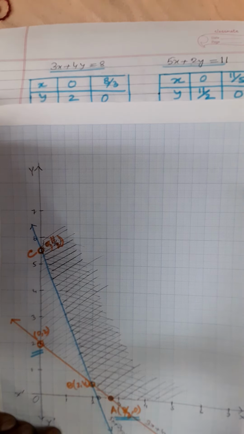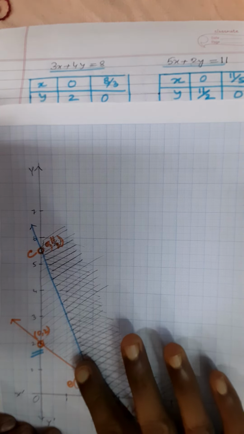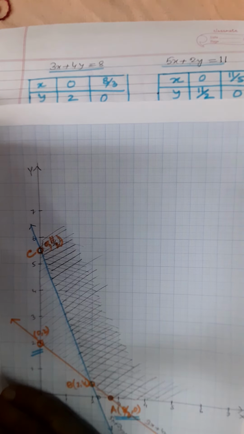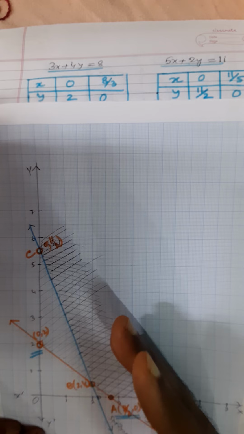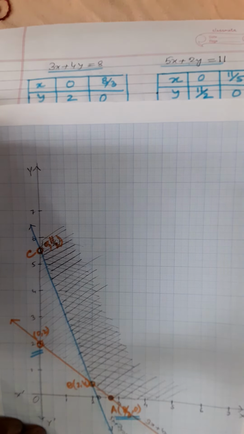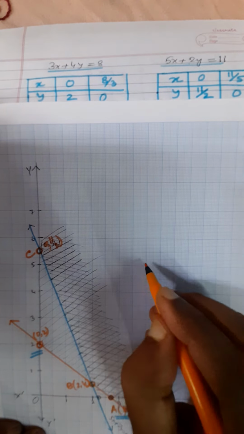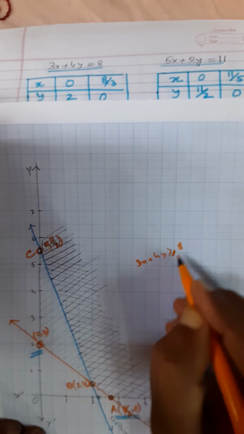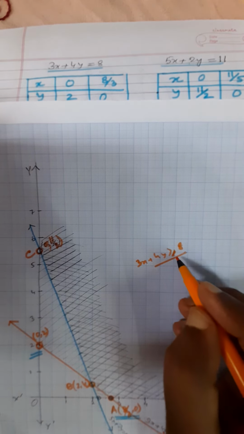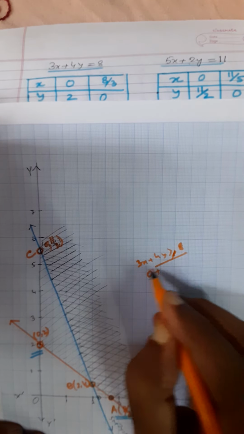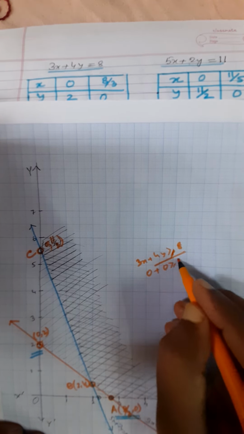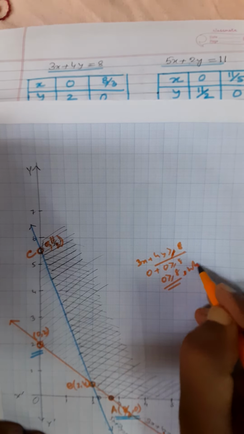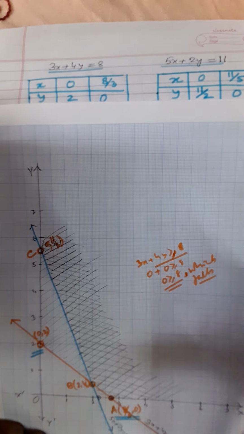This is the graph. Now see, this equation divides the plane into two halves, upper half and lower half. Which half will be the solution for this? Here it is given 3x + 4y greater than or equal to 8. If we put x = 0, y = 0, 3 into 0 is 0, plus 4 into 0 is 0, so 0 is greater than or equal to 8. Is it possible? No, which is false.